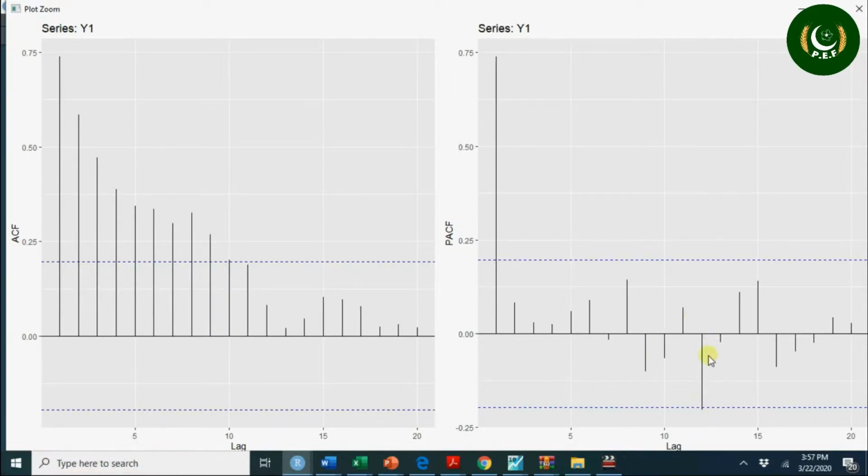If it's not monthly data, we can ignore it and assume it's by chance. 1 out of 20 can be outside this range by chance. So you have one spike here and geometric decay here.